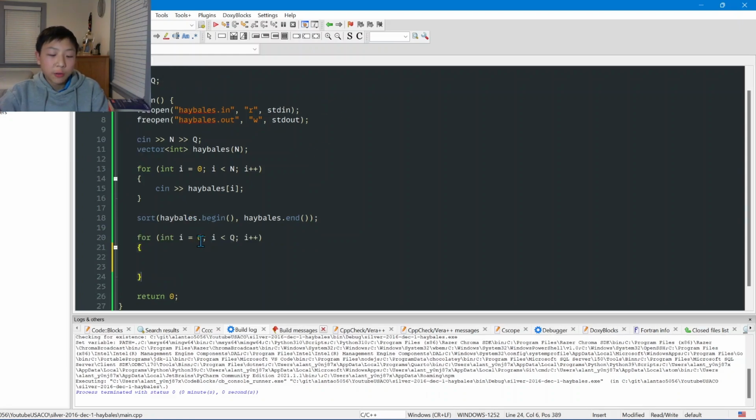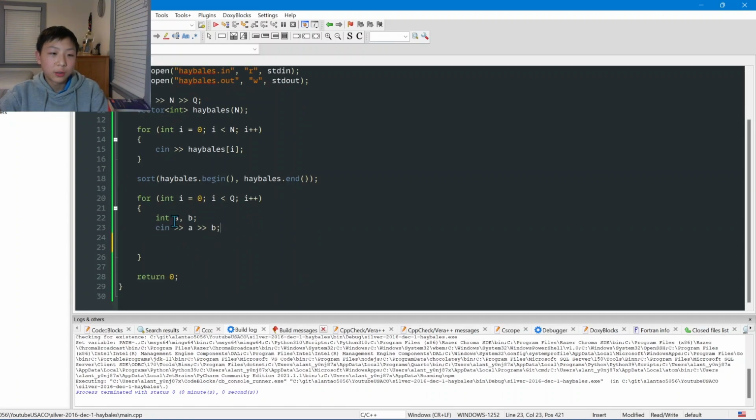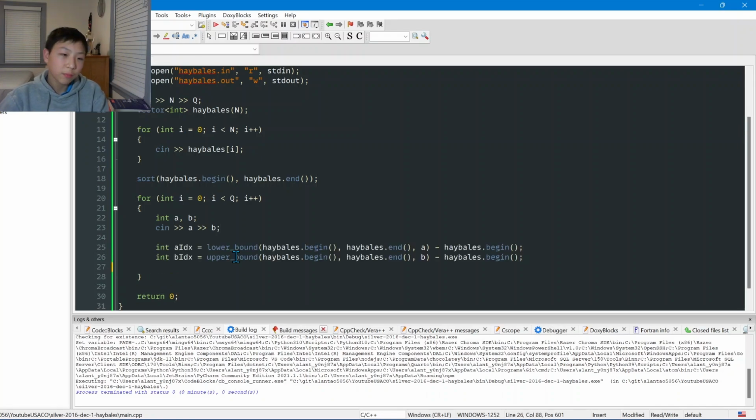Then I'm going to cycle through every query. In each query there are two numbers. There's A and B, and A will represent the start and B will represent the end. Then I'm going to perform the actual lower bound, upper bound. And for A index, it's going to be the index that we find the element A in the array Haybales. So we're going to do lower bound,